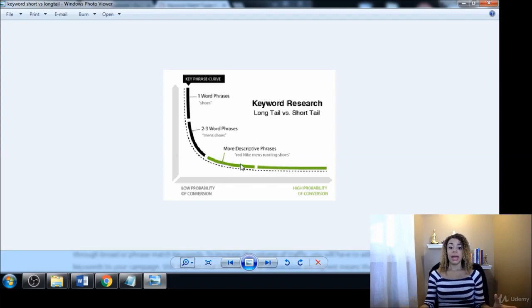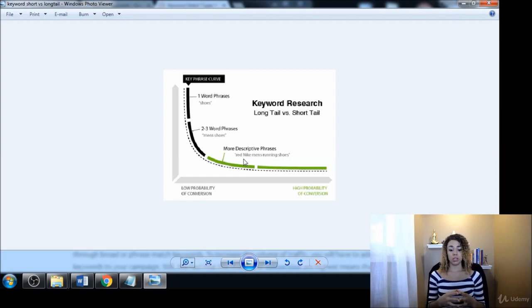The other thing is that it helps us optimize for semantic search. In case you guys don't know what that means, it's when people are typing things into Google or another search engine, or nowadays they're on their phones, and that's really where semantic search came into play, when people are talking into their phones. Maybe they want to look up dentist, Atlanta, Georgia. So that would be a search term.